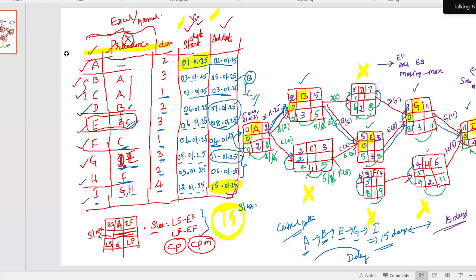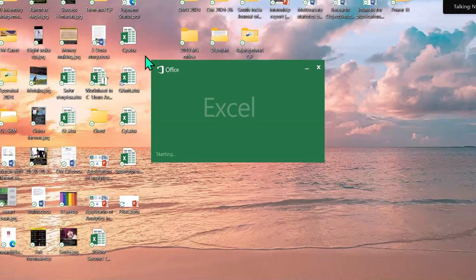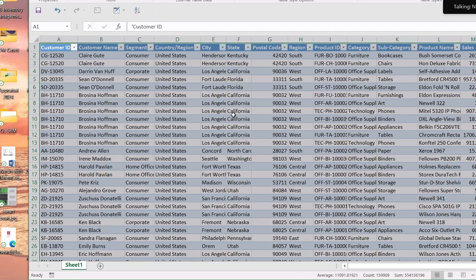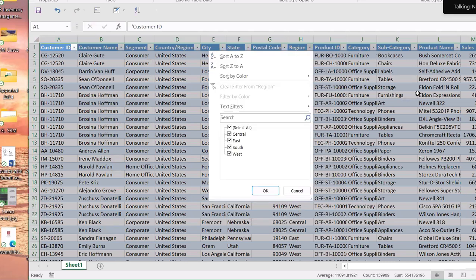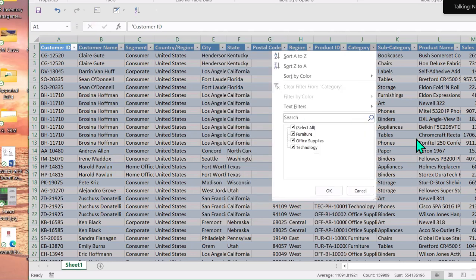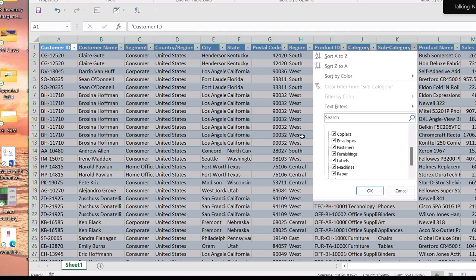It has got different segments. If you use Control T, you will be able to create a table. You can see how many segments are there. There are three segments. How many countries? I think only one country. Cities, you got a very big list. States, definitely it will be more. Region, there are 4 regions: Central, East, South, West. Okay, so product ID, category, I think you have got only 3 categories. Subcategory, maybe some 8 to 10 categories are there. Product name, you have got a number of products. So sales, everything. Suppose you are creating a dashboard using